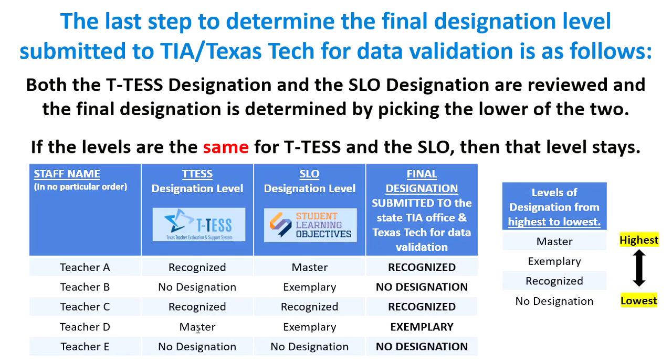Finally, Teacher E. Teacher E's scores did not earn them a designation in T-TESS and did not earn them a designation in SLOs. Again, if it's the same level for both components, then that level stays, so this would be known as no designation. And that is how we calculated each